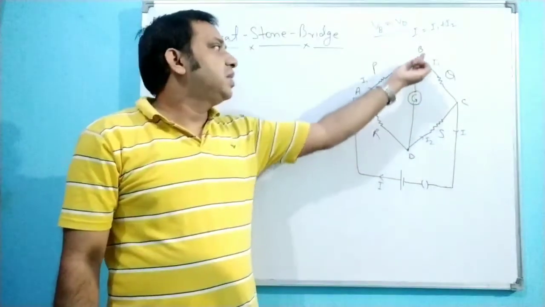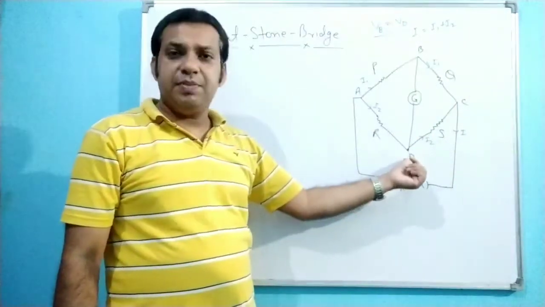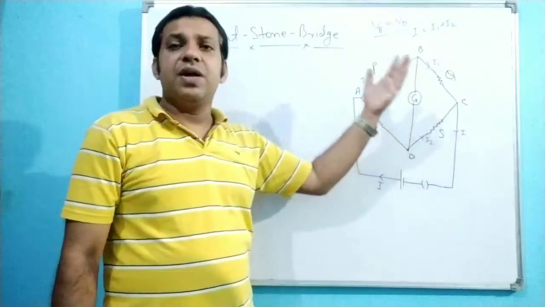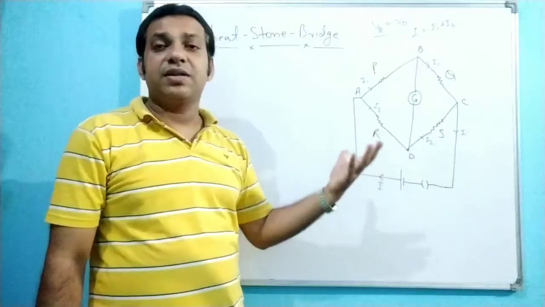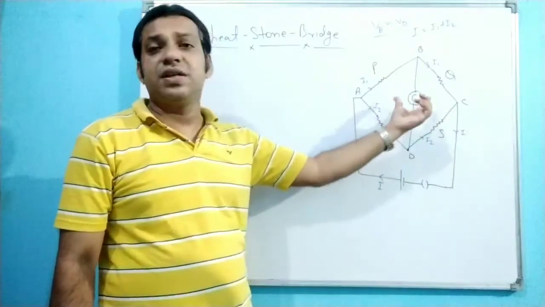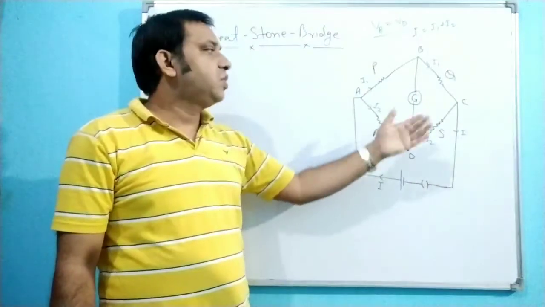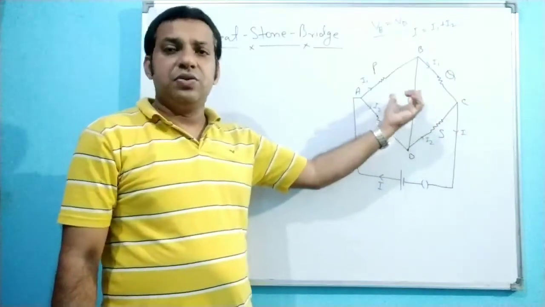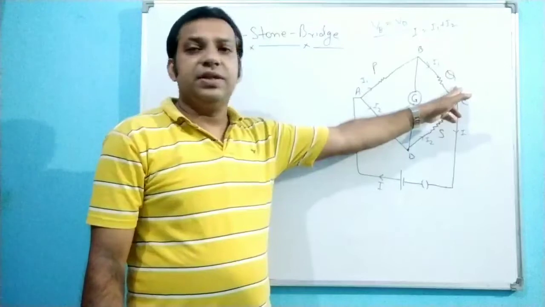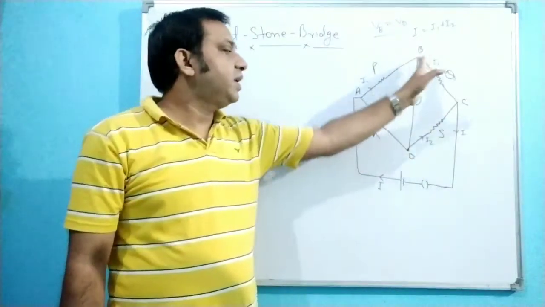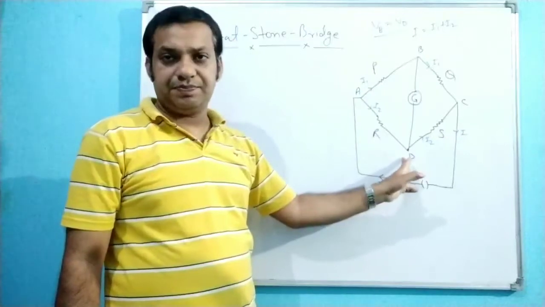Anyhow, the potential across this P point and B point and D point is equal, and there is no deflection in the galvanometer. We are going to find what are the conditions when there is no deflection in the galvanometer. It is our aim. So initially we are assuming that there is no deflection in the galvanometer. Due to this, the I1 current will flow in this Q and I2 current will flow in this S, because there is no division of I1 here and there is no division of the I2 here.